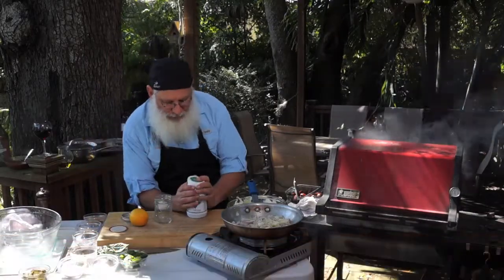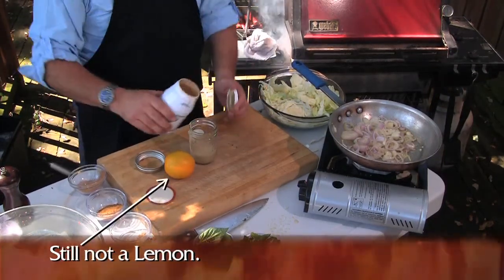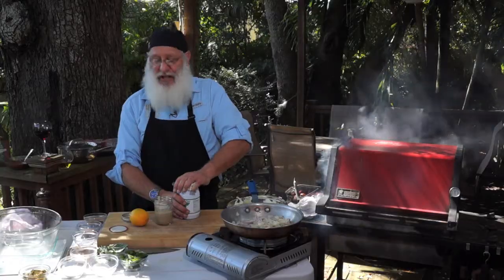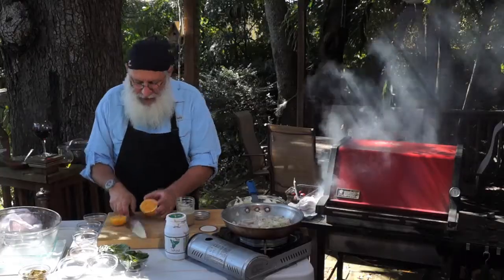I'm going to pop off the lid on this tahina, pour it into there about halfway through. We'll give it half a jar of tahina. This is just a standard mason jar, if you will. And I'm going to take my lemon, roll this lemon, cut it in half, and realize